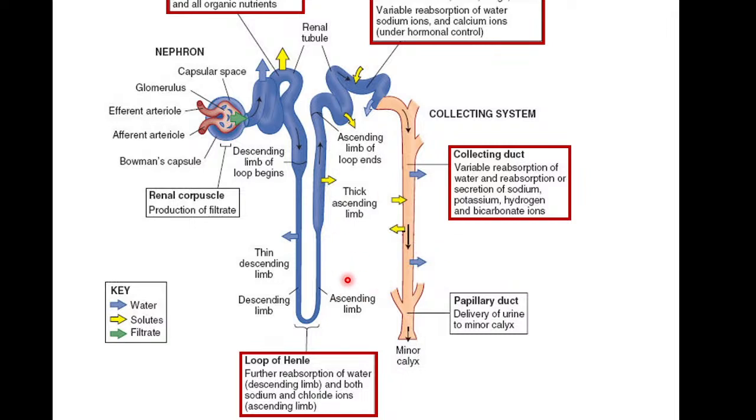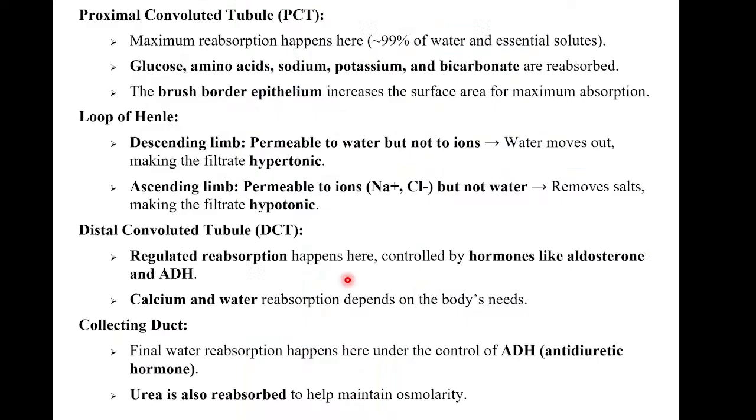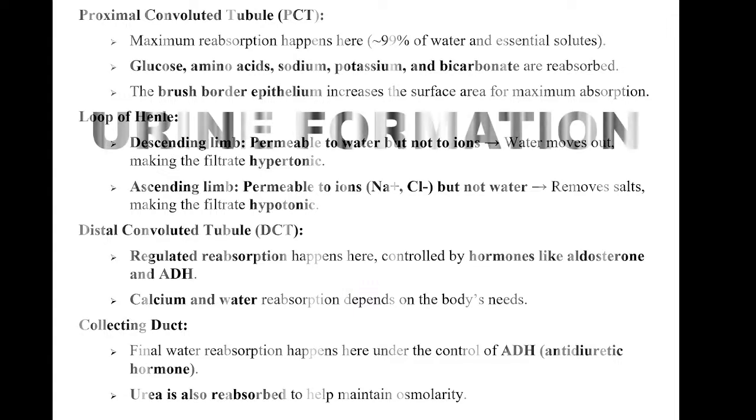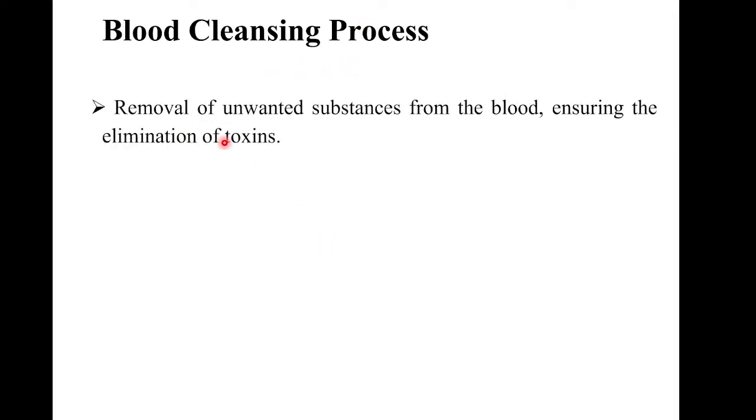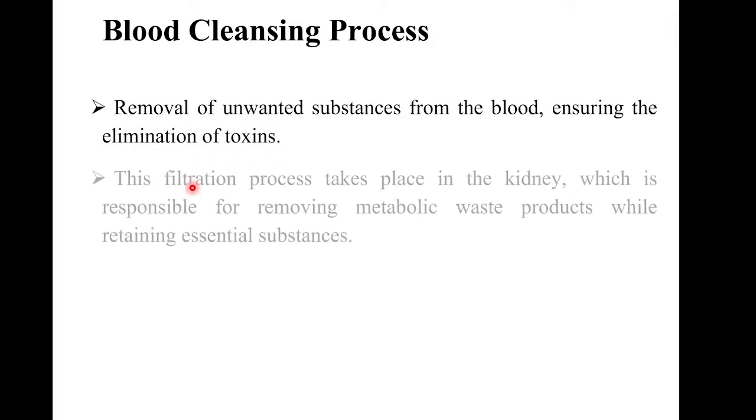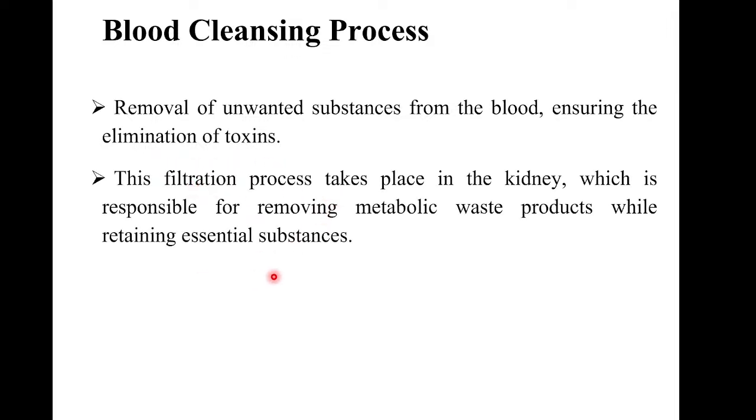So now let's talk about urine formation. This is an important topic of today's class. The process of urine formation is essentially known as a blood cleansing process. Blood cleansing refers to the removal of unwanted substances from the blood, ensuring the elimination of toxins. This filtration process takes place in the kidney, which is responsible for removing the waste products while retaining